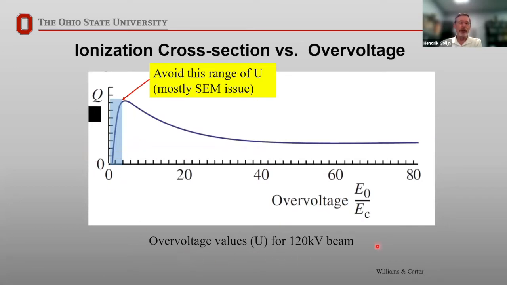So this is showing like 120 kV. But if you think of a 200 kV electron and a 10 kV ionization energy, which is roughly where copper is, it's at 9, you're already operating at an overvoltage of 20. So you don't have to worry about that so much when you're doing TEM or STEM EDX analysis.